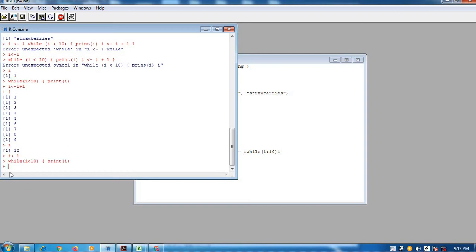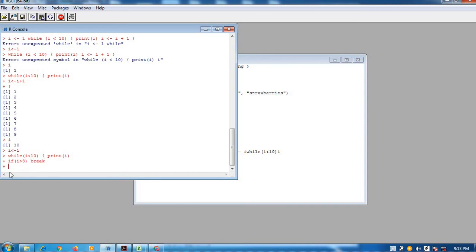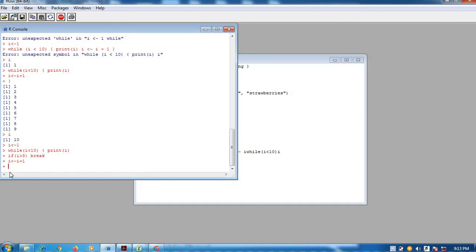Like this: print I, if I is greater than 3, okay, then I want to break, suppose, and then I am writing I is assigned to I plus 1 and closing the bracket.